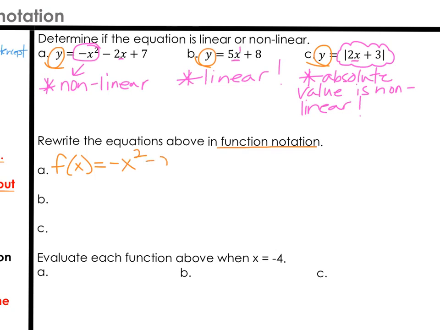Negative x squared minus 2x plus 7. That's all it is. Let's try the next one. Y equals 5x plus 8 now becomes f of x equals 5x plus 8, and that's written in function notation. For our last one, y equals 2x plus 3 in absolute value now becomes f of x equals absolute value